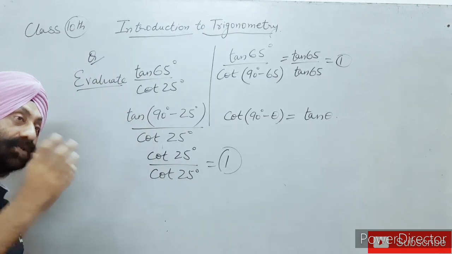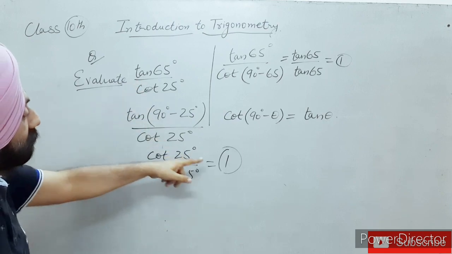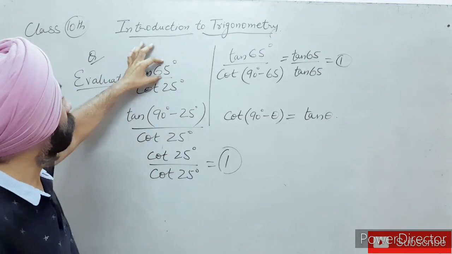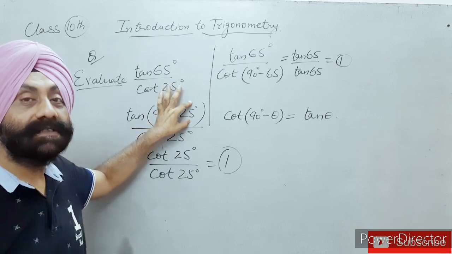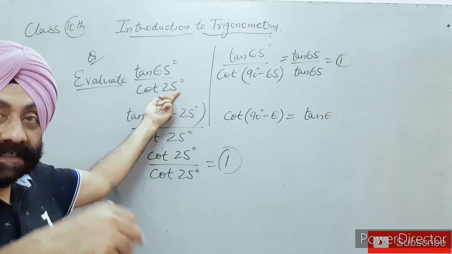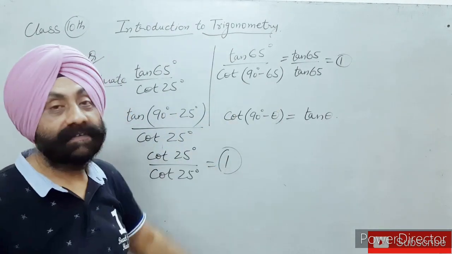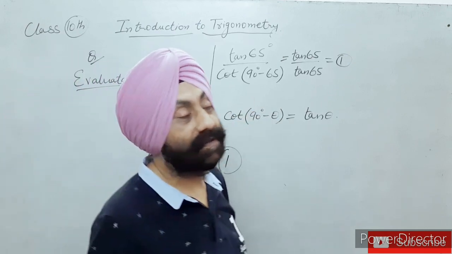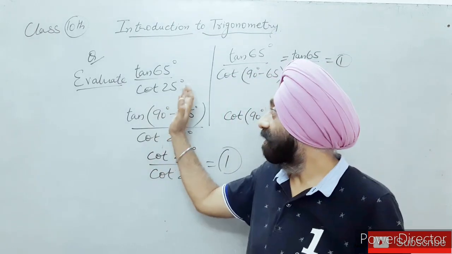Both are the same. Either you change the numerator or you change the denominator, in both cases you get the same answer. But remember again, don't change the numeric value 65 degrees. It's 90 minus 25, that is 65 degrees. If I change the 25, I can write 25 as 90 minus 65, that is again 25. In both cases, we get the same answer. Again, the concept of complementary angles was used. Hope you have understood this concept.